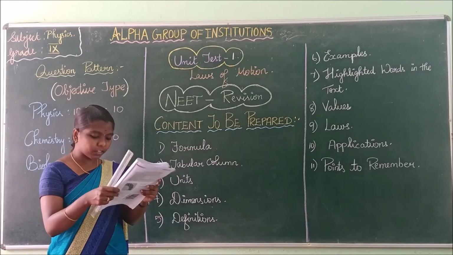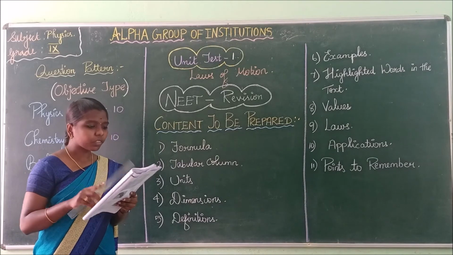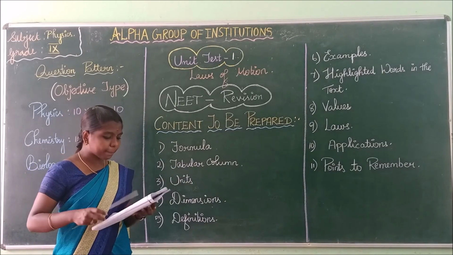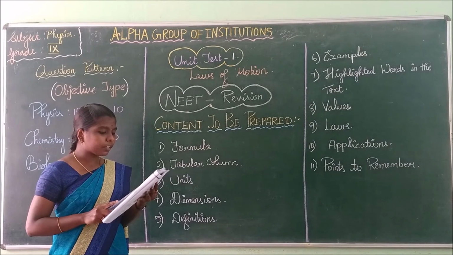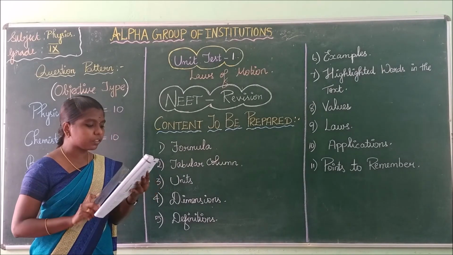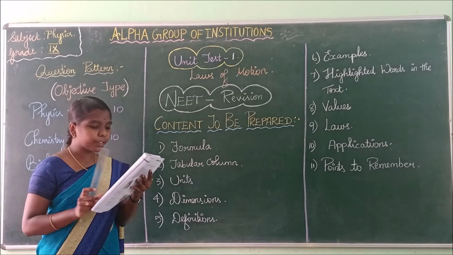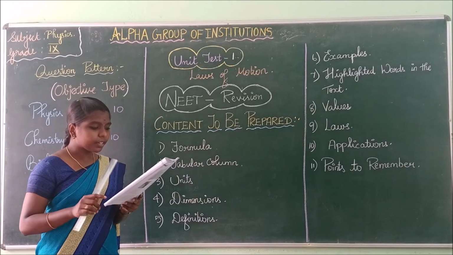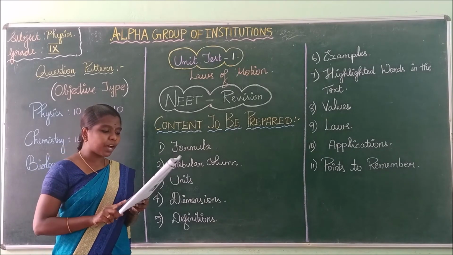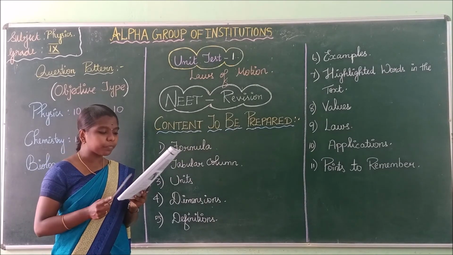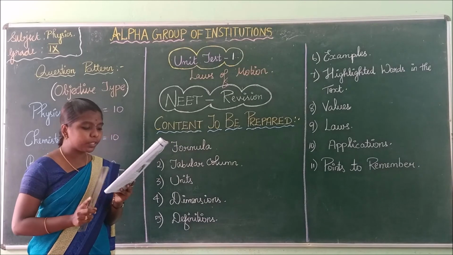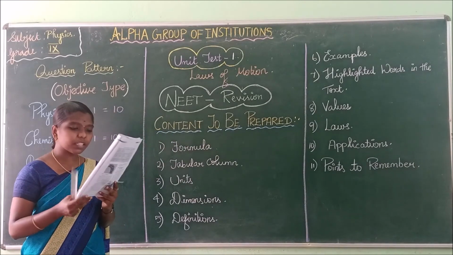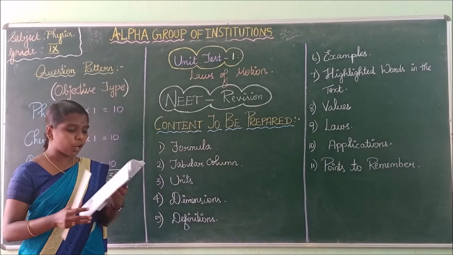Let's see the next page, page number 10. Variation of acceleration due to gravity. When you move to a higher altitude from the surface of the Earth, the value of g reduces. Underline the word reduces. Next, you have to read the unit of mass. The unit of mass is kilogram and the unit of weight is Newton. Weight is a vector quantity, mass is a scalar quantity. You have to read all that.